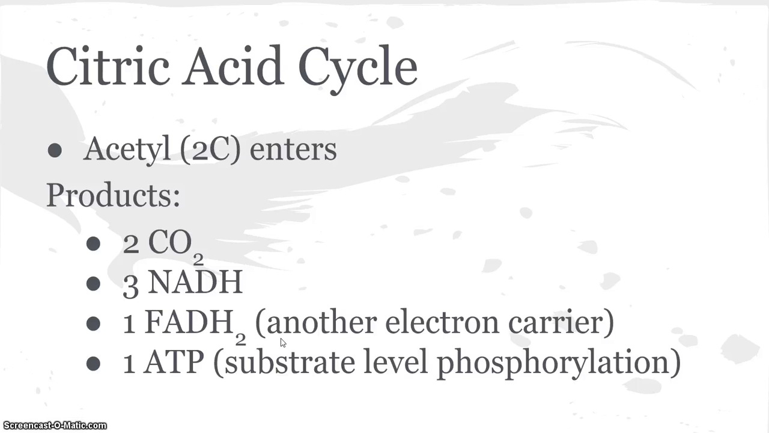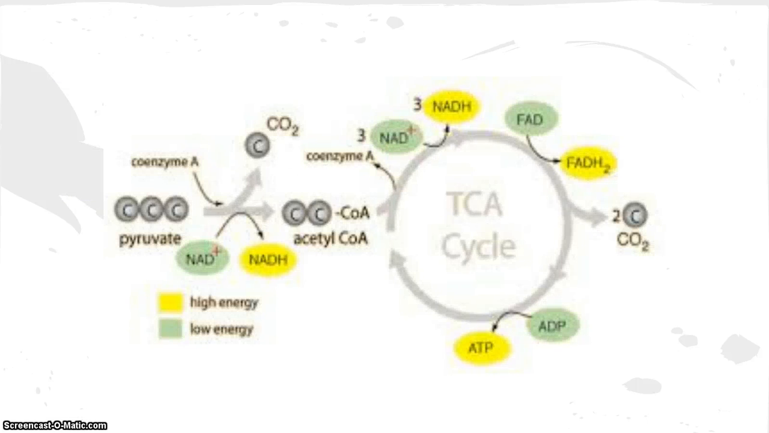And we're going to do that again via substrate level phosphorylation. Alright, so here is a picture of the citric acid cycle, or it's also known as the Krebs cycle. So we have the pyruvate here, and some of the carbon comes off as CO2 over